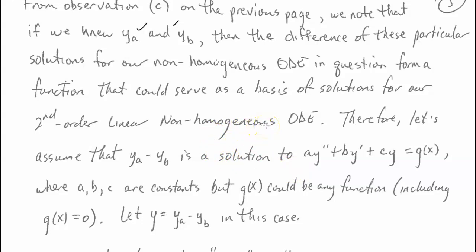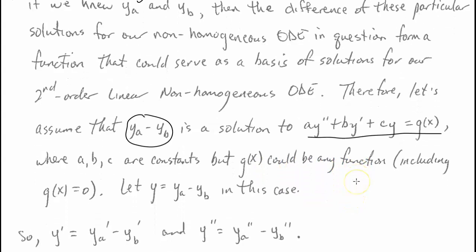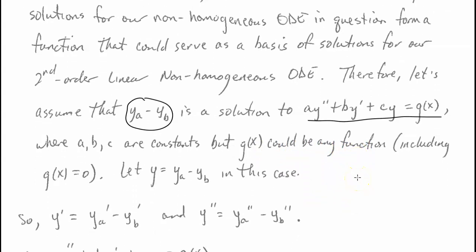So what we're going to do is assume that's just that. We're going to say, let's take the difference of these two particular solutions that we're saying actually satisfy our second order linear non-homogeneous equation. And again, we're going to assume that A, B, and C are constants, and that g of x could be any function in this case, including 0. Okay, so we're leaving it wide open